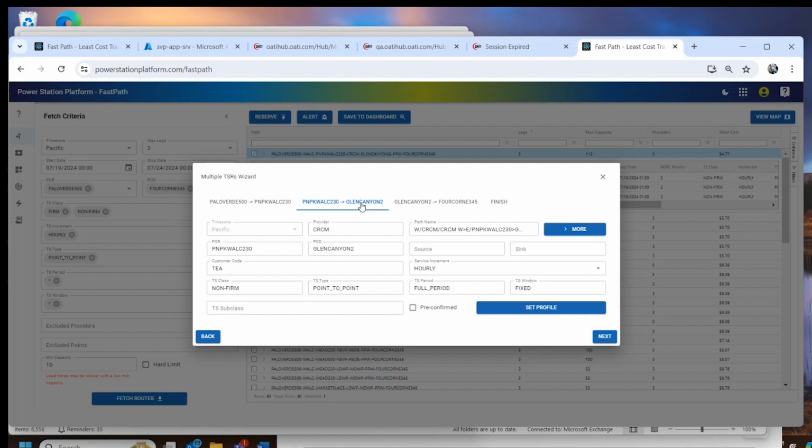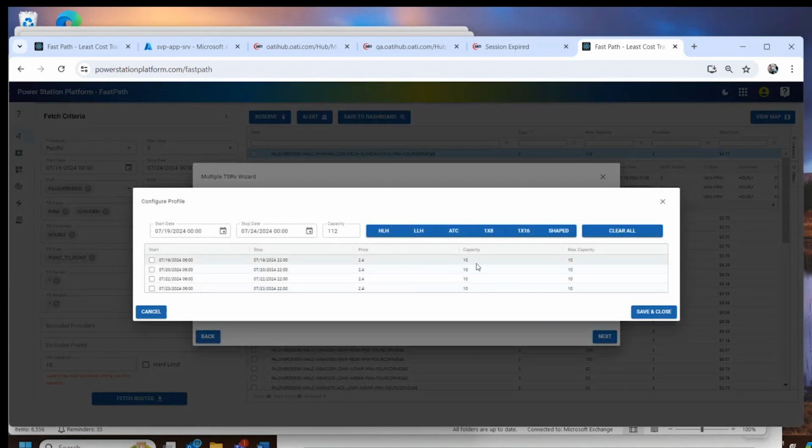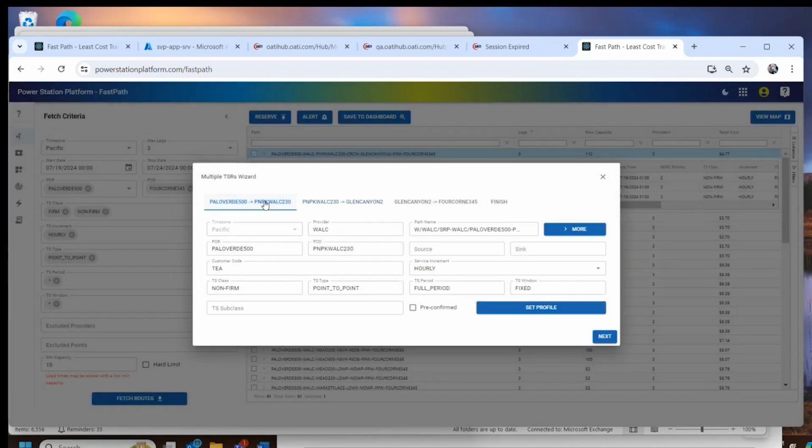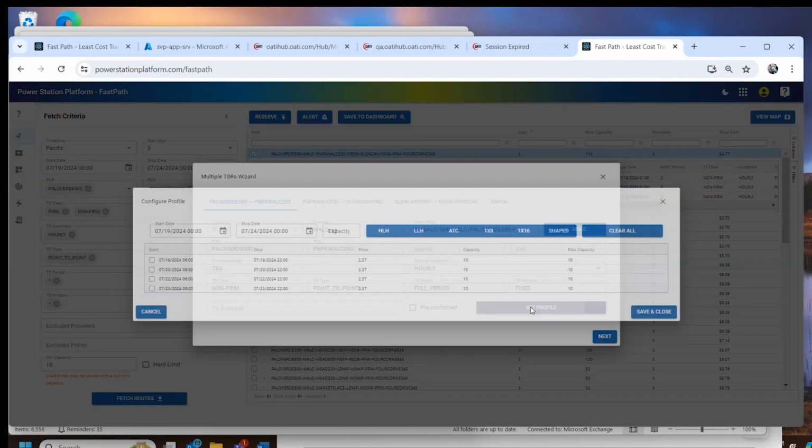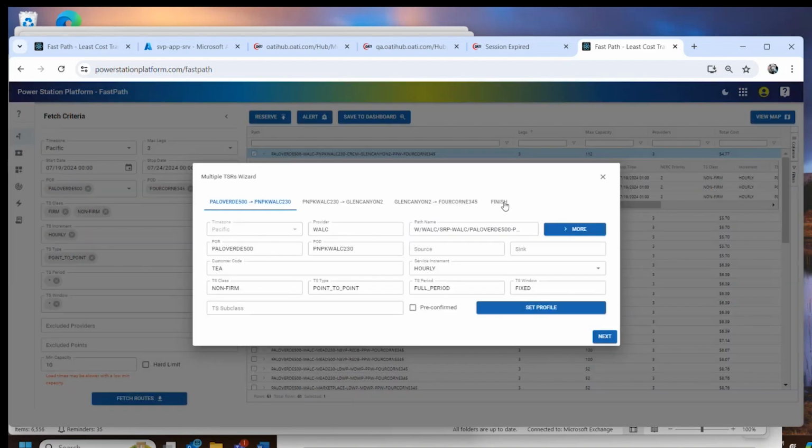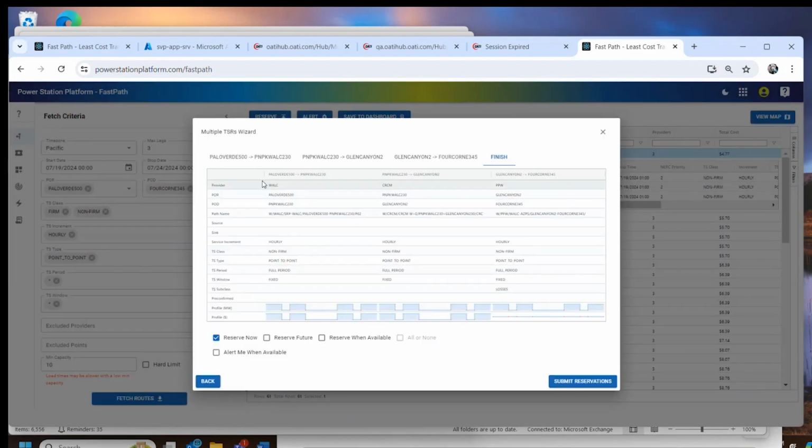So if I come in here to the second segment of my path, I will have that as a default here, but I don't have to take it. If I want my paths to have different values, because let's say I already have some reserved on this particular path, I don't need all 10, I only need 4, I can go ahead and do that here and overwrite what I've got here so that I can still keep this at the 10 and the second one at the 4. And then when you come over here to finish,